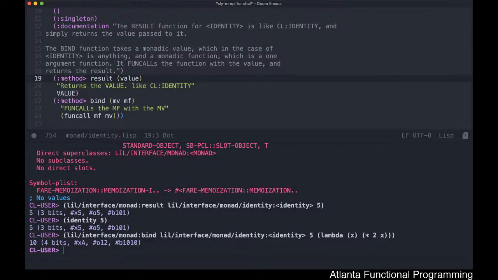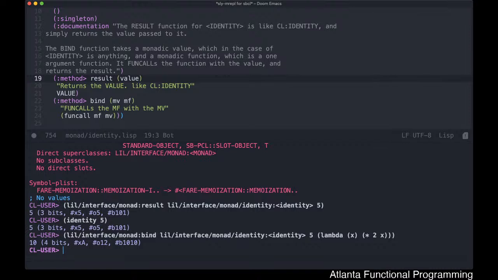5 will be basically constructed as a monad before it's passed into this kind of function with bind. What it would do is what's called a type construction: construct a new instance of that type with 5 wrapped around it. So then it becomes identity 5, and then we'd go ahead and apply this to this other function, which then